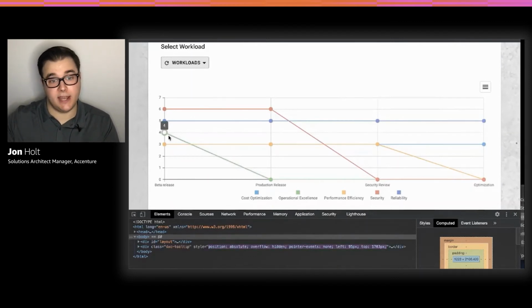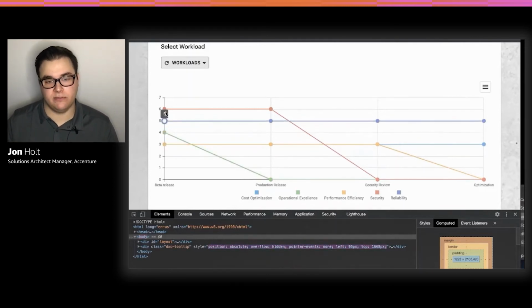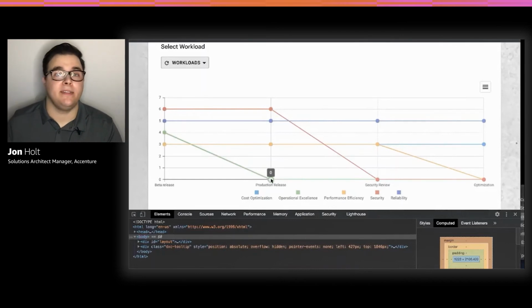So what this data is showing here is the high-risk issues over time for an individual workload. So you can clearly see how that workload has evolved over time. Are you improving quality? Are you continuing to move the needle, continuing to evolve? And this is an excellent demonstration that you can bring back as a